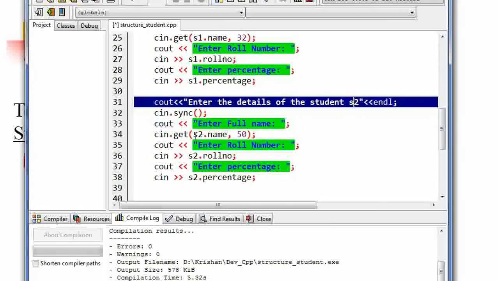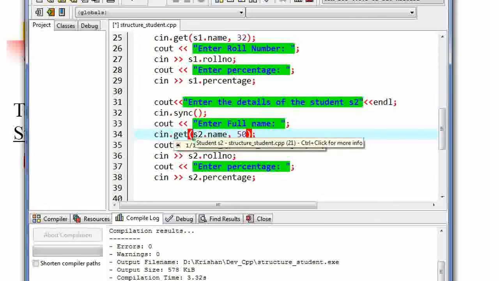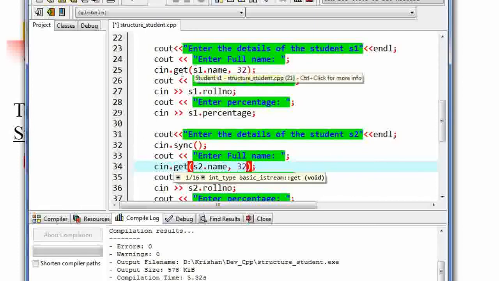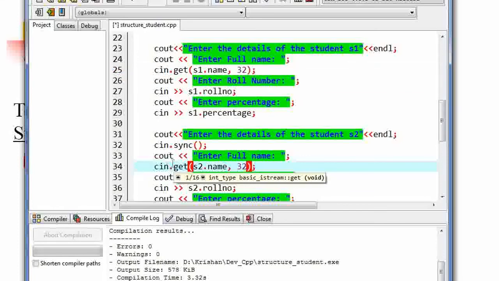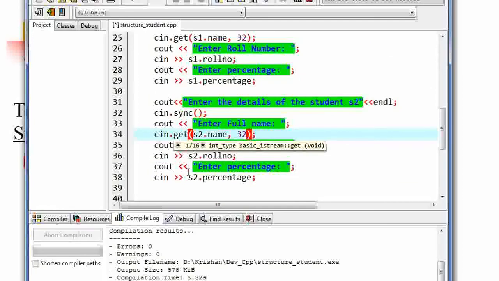Now cin.get S2.name, you can see here we are using S2.name, here we need to use S2 also, okay. You can see here we are using S2, but if you see here at line number 25 we are using S1, okay. Here we are using S2, so S1.name मतलब S1 का नाम, S2.name मतलब S2 का नाम, okay.